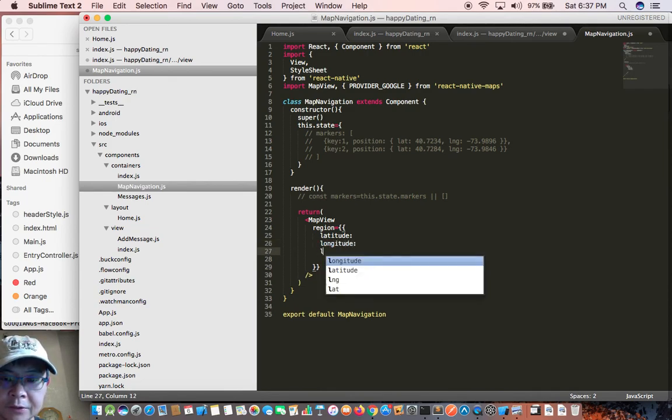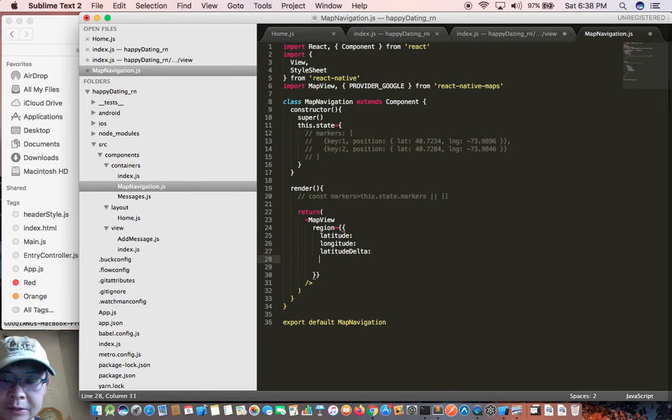We're going to do latitude delta and longitude delta. And we need to have style equals to